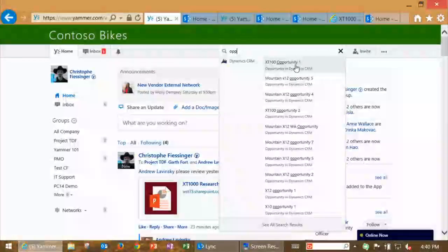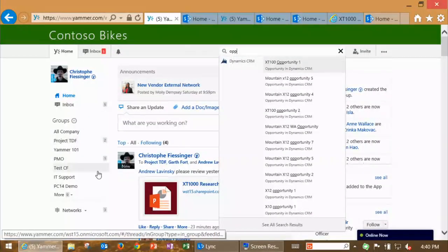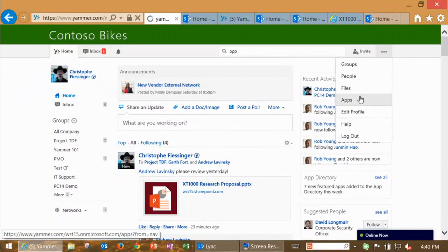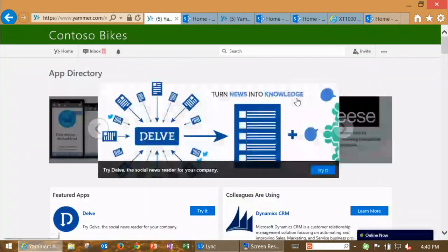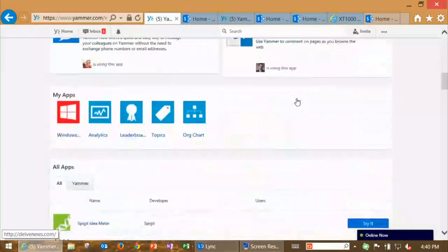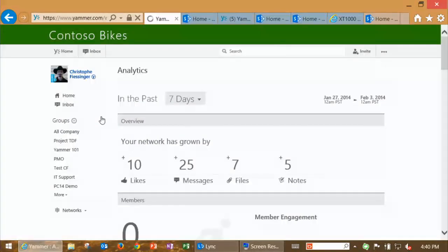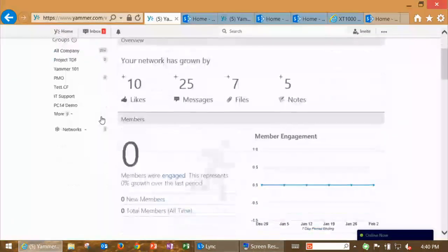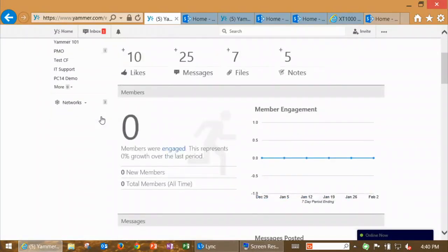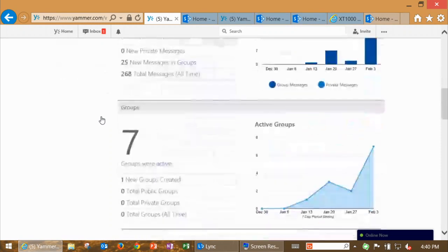So I'll show you a glimpse of some of the things we do out of the box. One of the successes of Yammer is the ability to give you insights in terms of how vibrant this community is. So here I'm going to the analytics application. And for those of you, this is only in Yammer Enterprise, but here I can get messages and activities on how vibrant the system and my network is. Obviously, this is terribly boring since we don't have a lot of activity in this demo environment, but you can only imagine how interesting the reporting is when you get hundreds and thousands of individuals collaborating.